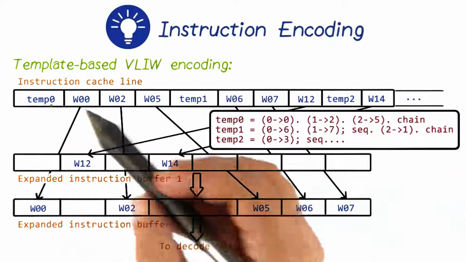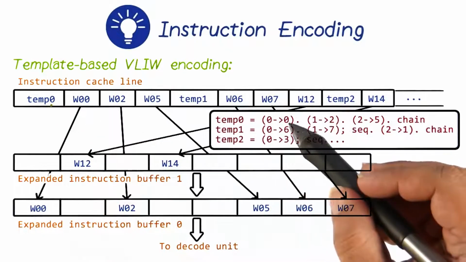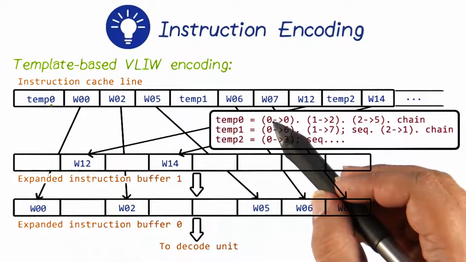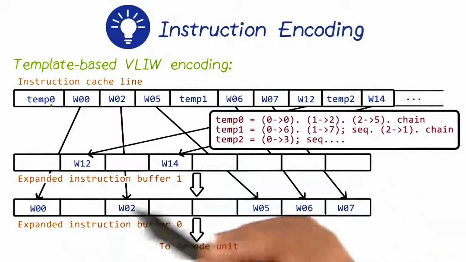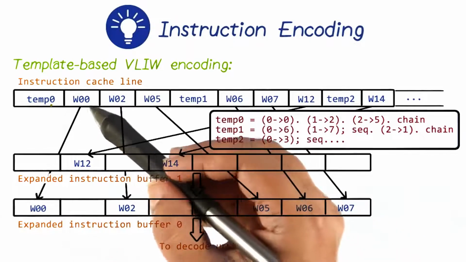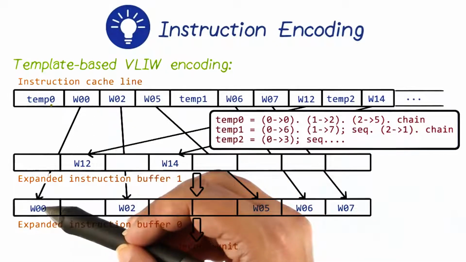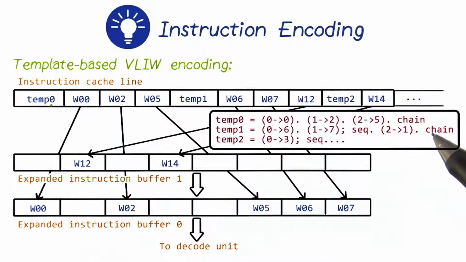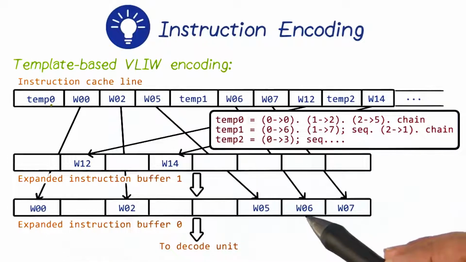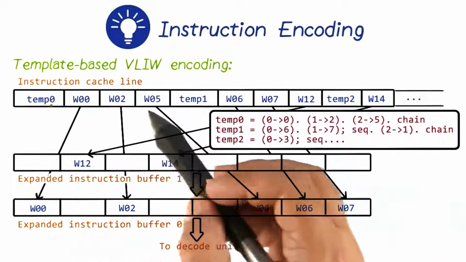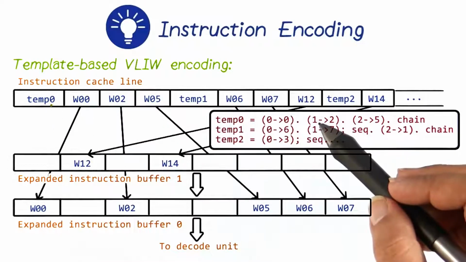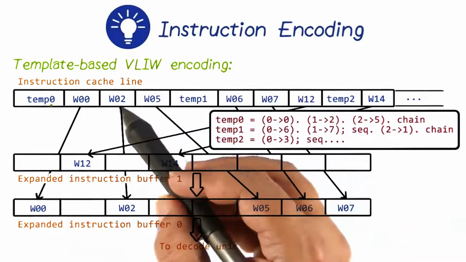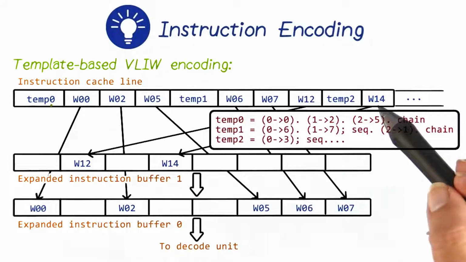So we have template 0 over here, which looks like this. What is it showing? It's showing that we map the instruction at place 0 to place 0 in the generated instructions. So that's why it takes this and maps this as the first instruction. 0 is the first position in the generated instruction, and 0 is the first position in the instructions that are following this template. Next it says the instruction which is sitting at position 1, which is over here, 02,